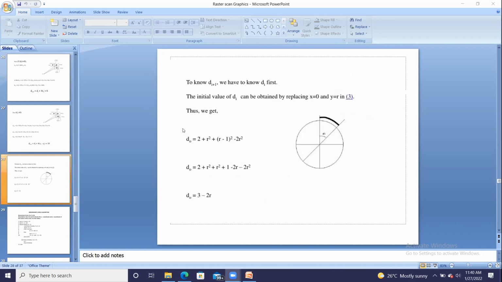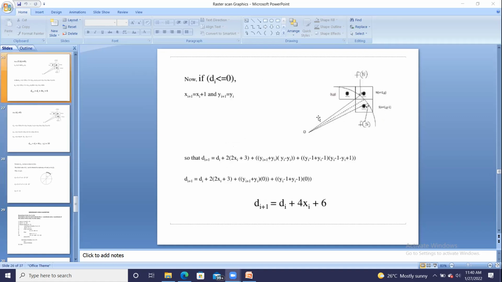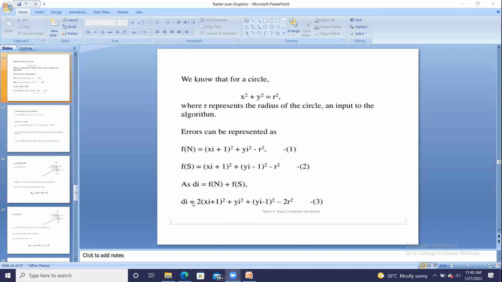And initially our first di, म्हणजेच d0. माझा फर्स्ट di is d0, तो म्हणजे काय असेल तर di च्या एक्सप्रेशन मध्ये. So, where is the expression of di? So in this expression I am going to put the value of x and y as 0 and r,